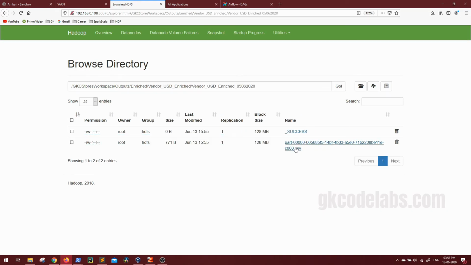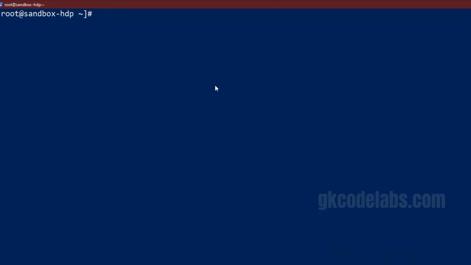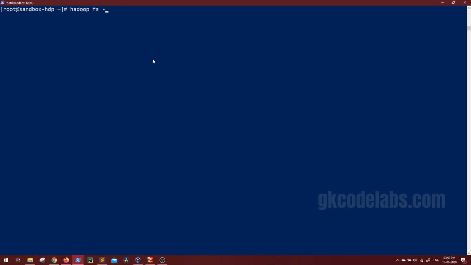If you want to view this data, you have an option to issue the command hdfs dfs. Also guys, this is the new API, hdfs dfs. The old API was hadoop, so you can use either of them. hadoop fs is the same as hdfs dfs. After this, the arguments will be the same: -cat, then the path, followed by the file name.